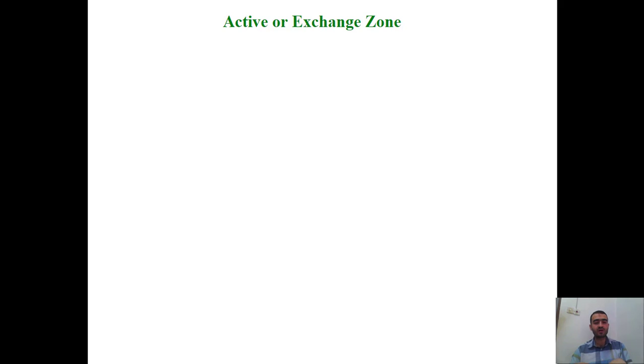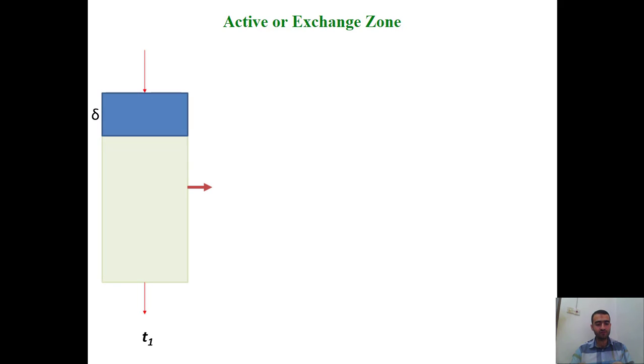So let's have a look at some practical aspects related to ion exchange. For ion exchange, we have something called the active zone or the exchange zone. If we have a column of ion exchanger, because the ion exchanger is normally applied in columns,